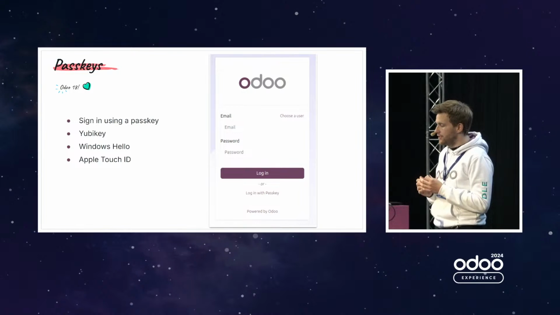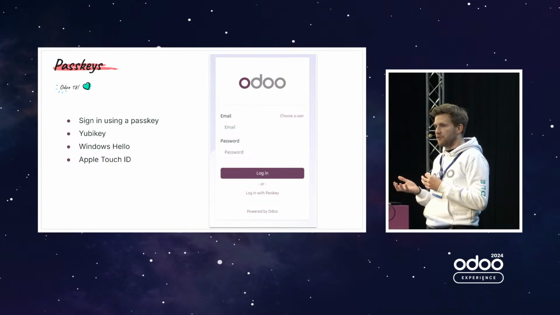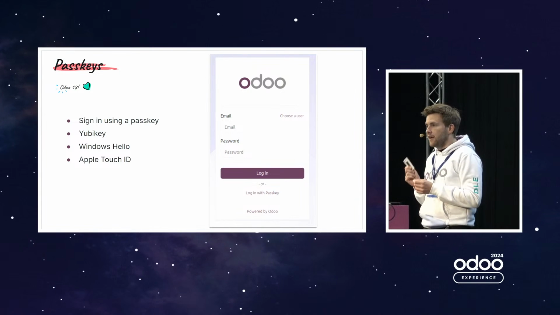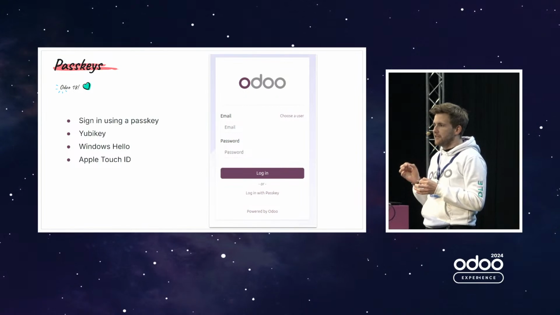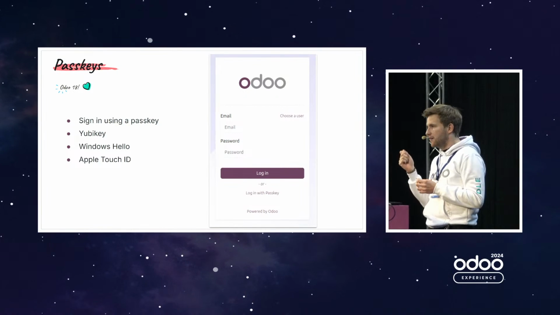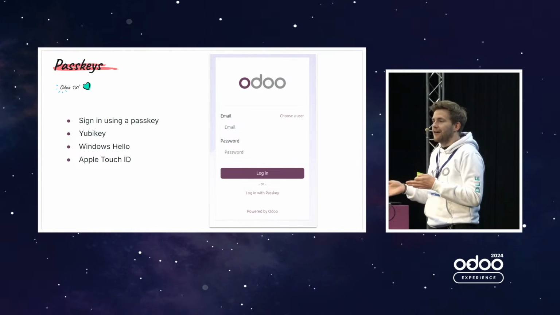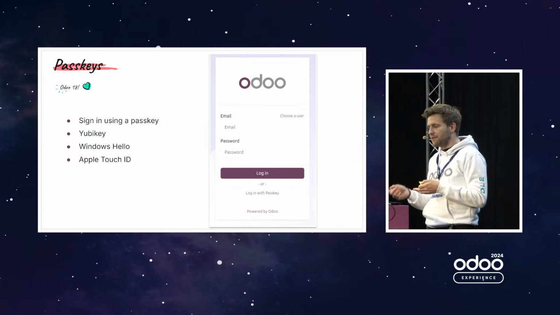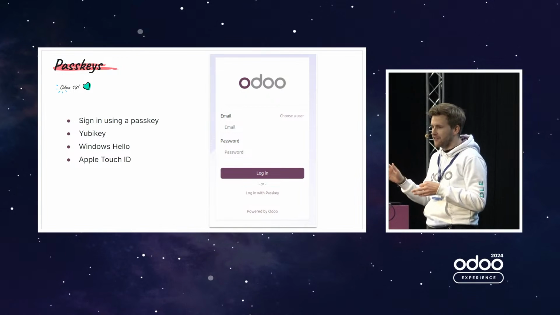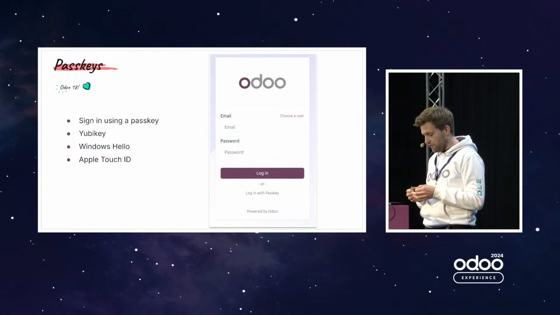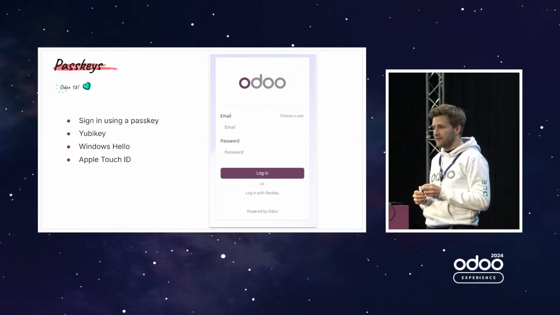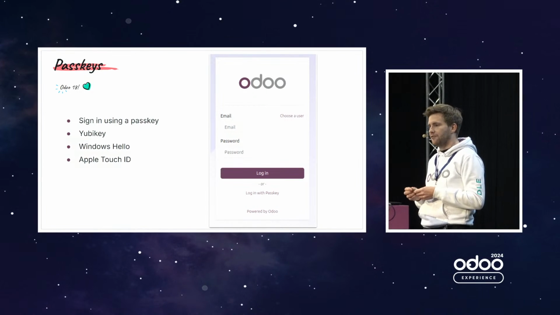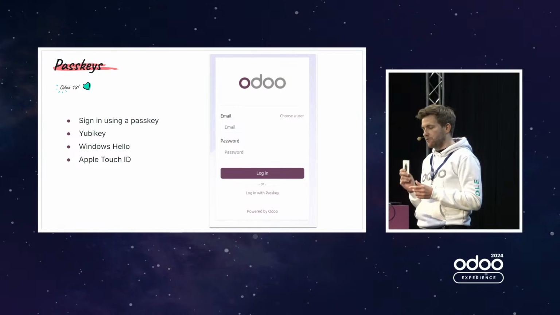It's a huge security measure against phishing attacks, because you need a physical device. It's not just a password and a TOTP, it's a physical device. And in addition, the browser won't send the request if it's not the right domain in the URL. So if it's a domain which looks to the user like the right domain, let's say odoo.com, but with a 0 replacing one of the O's, the user wouldn't see it, but the browser would. So the browser would not send the credential if it's not the right domain. It's one of the best security measures you can have against phishing attacks. And as shown, phishing is the most common attack. I think that 95% of attacks are phishing attacks. So it's super cool to have that feature in Odoo.